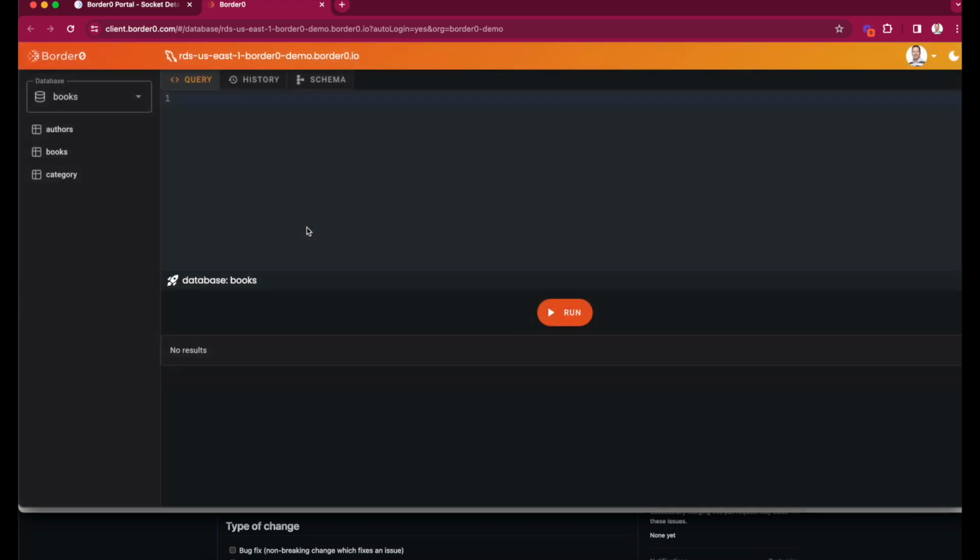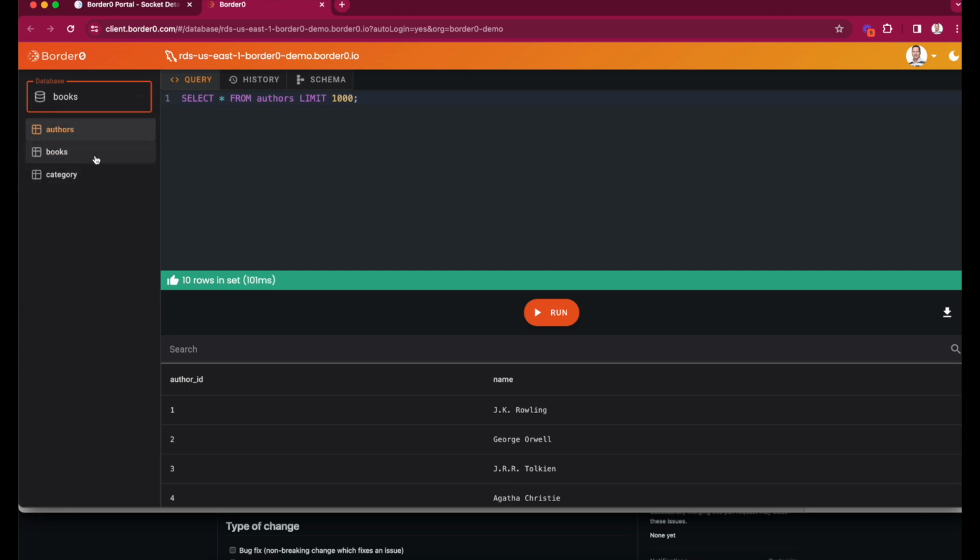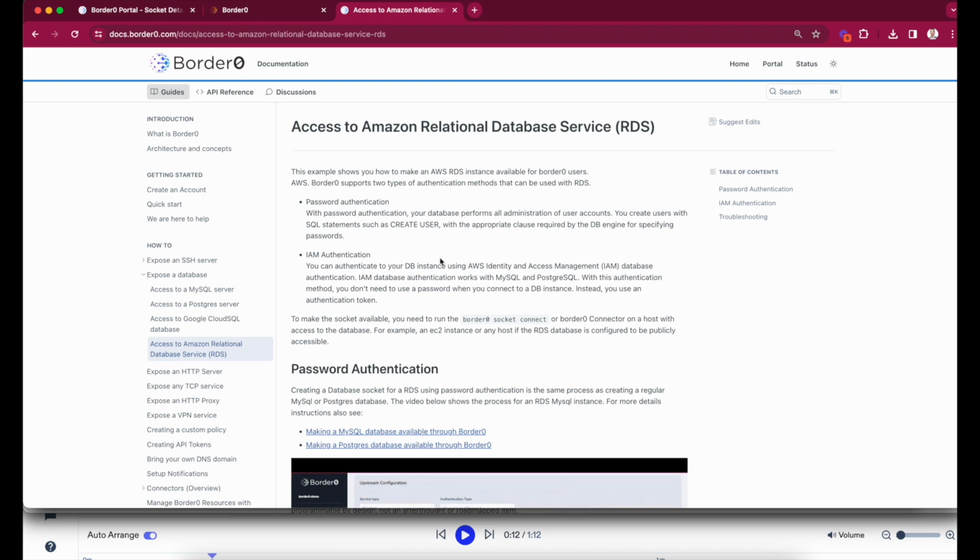As you can see, I can already access it. I have a demo database here called Books, and we can browse the data in the various tables. Okay, now that we have access to our RDS database, it's time to further enhance our security by enabling IAM